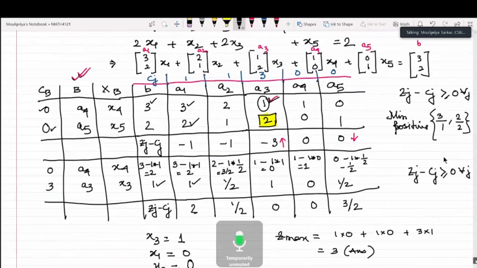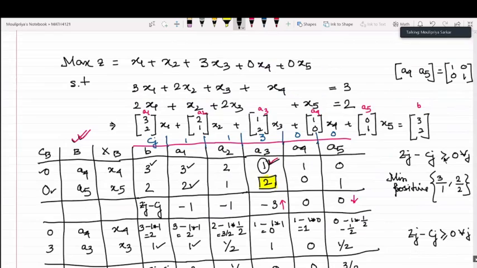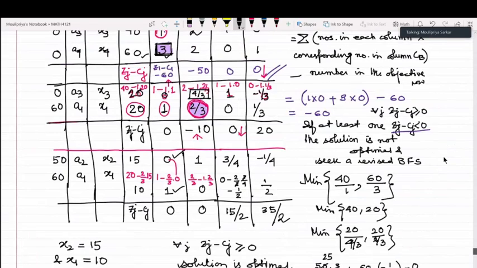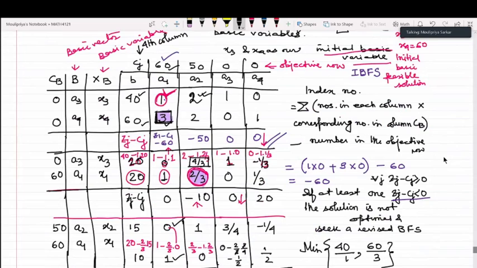The problem that I am saying once again: here, the x4 and x5 that we chose as our initial basic variables, if you consider the coefficients a4 and a5, they resulted in the identity matrix of order 2 cross 2. Even the previous problem that we did last week, take a look at your initial choice. This A3 and A4 had resulted in the formation of the identity matrix having order 2 cross 2.